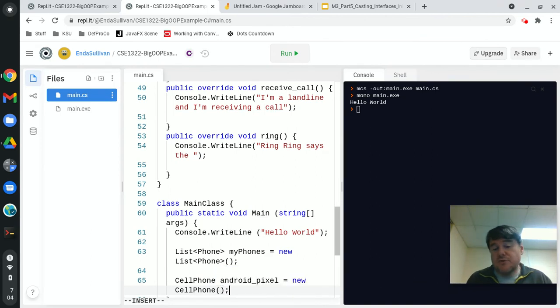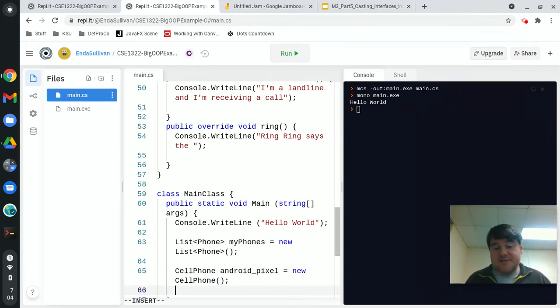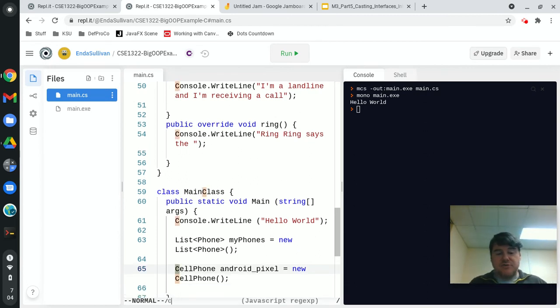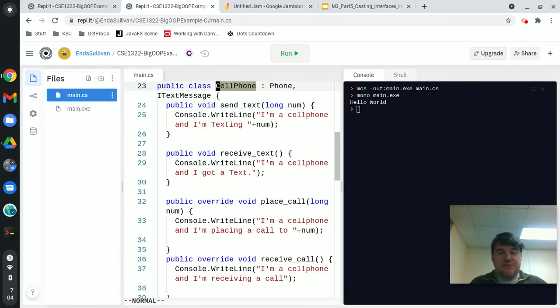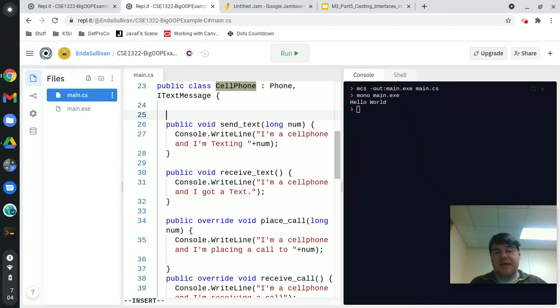All right, there's no constructor in any of these classes, so that's kind of weird. I probably really should set the phone number. So let me go ahead and add a constructor to cell phone while I'm thinking of it. I'm going to jump back up to the class cell phone, and I'm going to throw in a constructor. So public cell phone, and it's going to take in a phone number, which is a long,